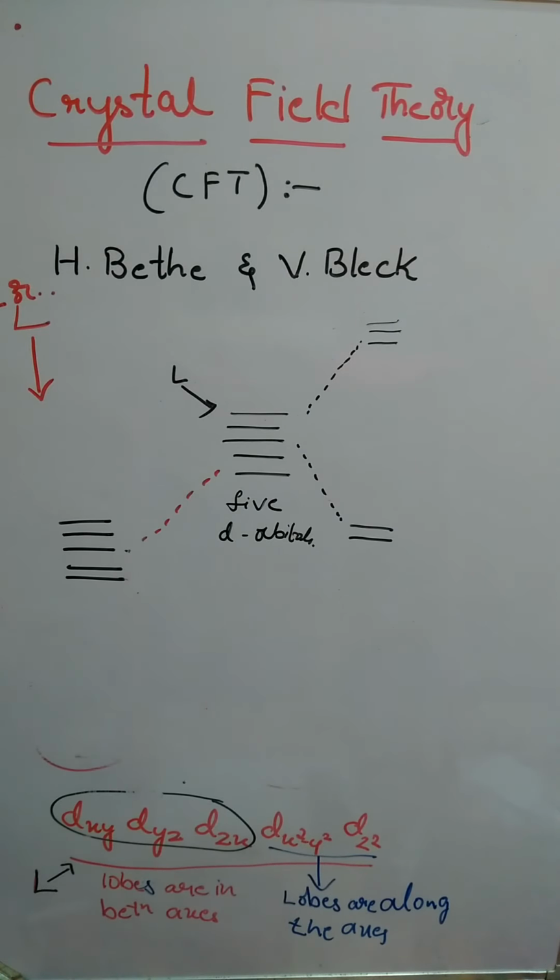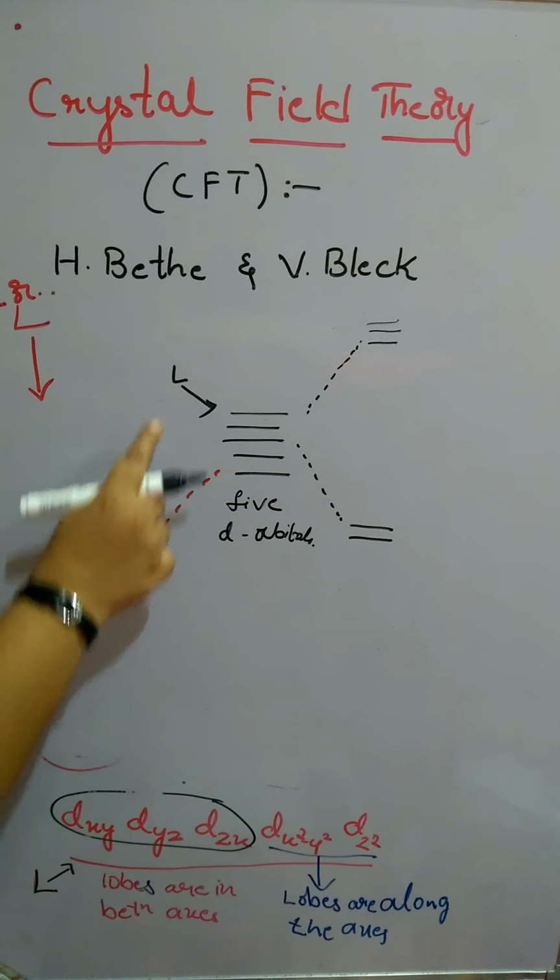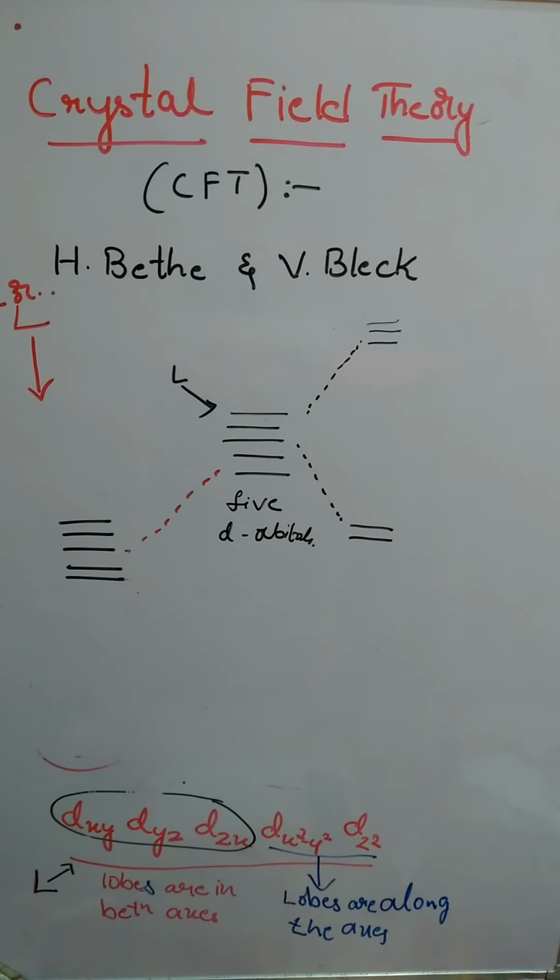So we can say it is the splitting of 5 degenerate orbitals of a metal ion into 2 sets of orbitals having different energy in the presence of an electric field of the ligand. Electric field, in the sense, the orbitals will be with electrons, so the electrons will be showing the repulsion. That's why it is mentioned as the electric field of a ligand. So we shall write that statement.